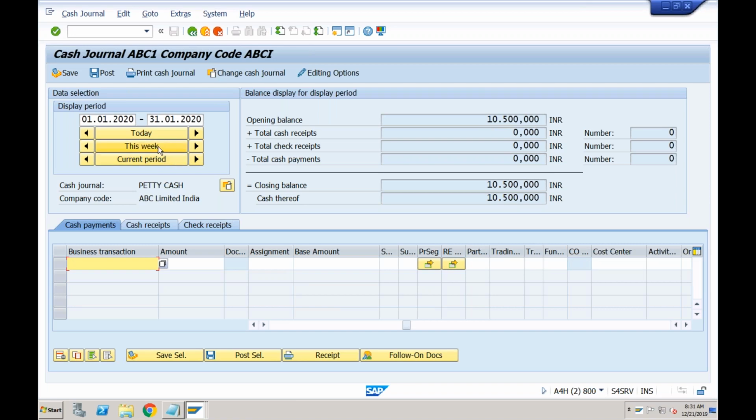You can see the report based on the period, based on the week, and based on the day also. If you want only 2 to 3 days, you can change the start date and end date, and the system will show you the information for only those number of days.